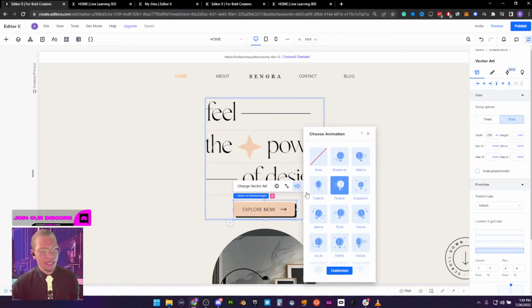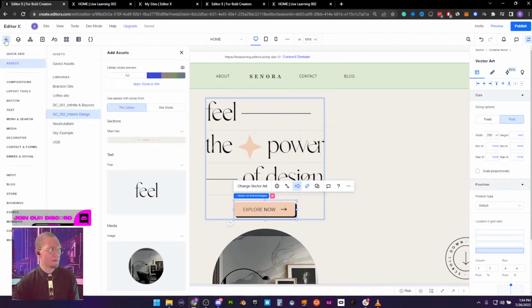So again, because I pulled this button from our asset library, and by the way, this is down in the description, all you have to do, if you already have an EditorX account, is click the link. It will add the library directly to your EditorX account. As soon as you open any site, go to your plus or add elements, and go to assets.